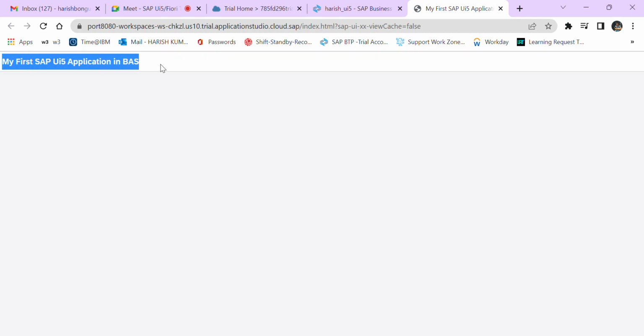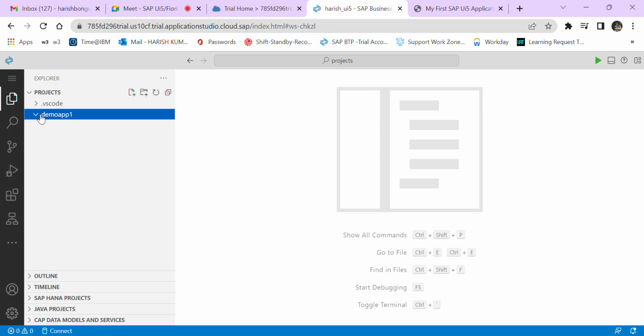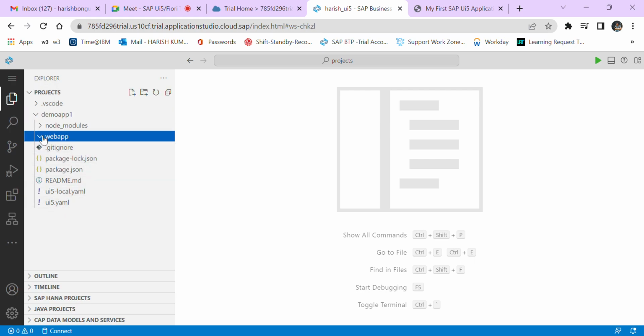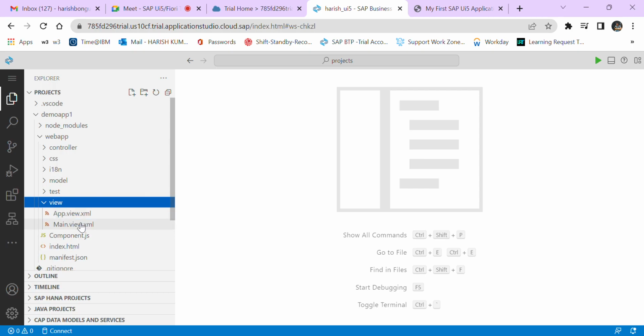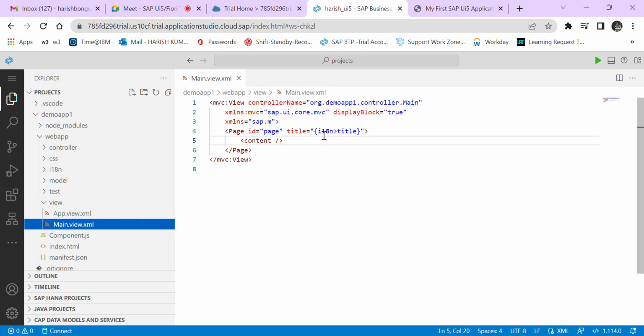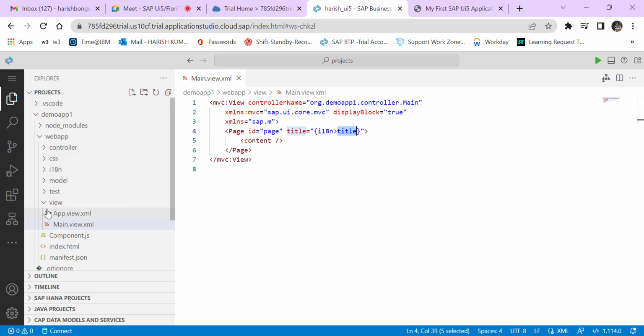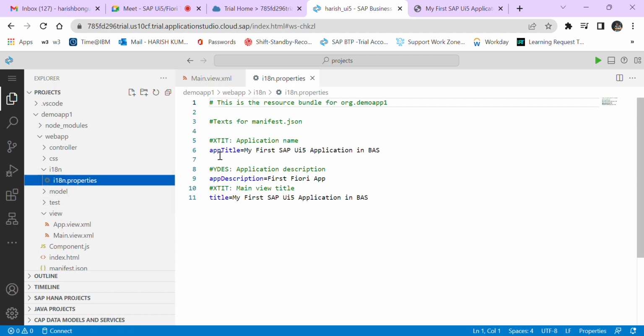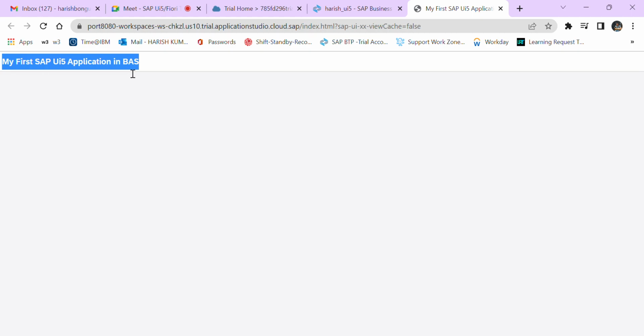See, this title automatically comes. In the application, it's automatically created when we create a project. Main view XML. See, i18n dot title, where we need to check this title in the i18n folder. Okay, what is the i18n? See, here it has automatically defined some app title. What is it pointing to? Title. What is the title? My first application in BAS. That's what gets printed. It gets displayed here. This is the title. Okay,